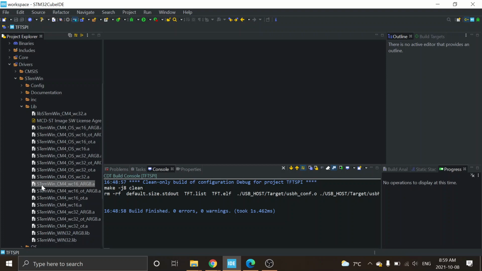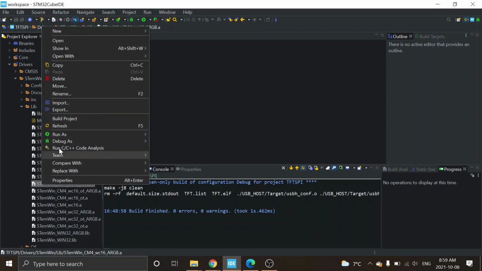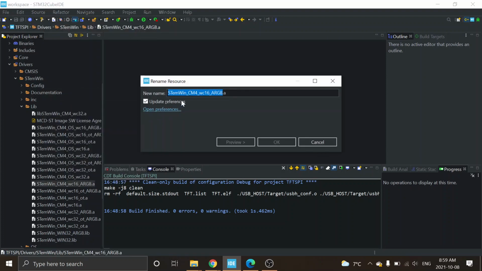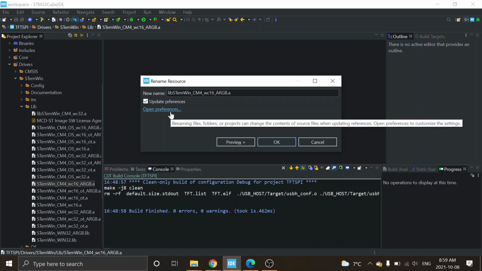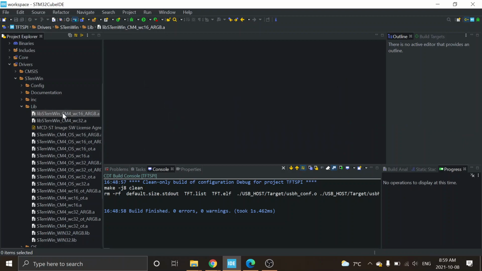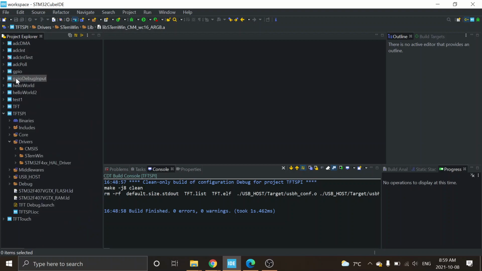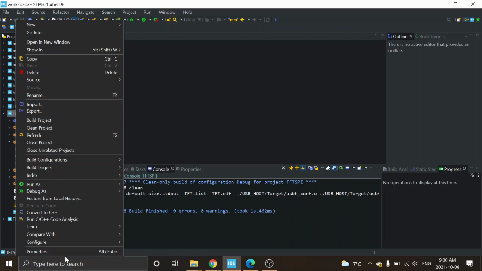So if I wanted to see what that did for me, I could go rename, and all I do in here is just put lib in front of it. Okay, so there's a couple of them. Once we have this in there, I wanted you to drop the whole thing in drivers, okay? And so I can shrink it. So I have the whole thing in drivers. Then if I right click and I go to properties,